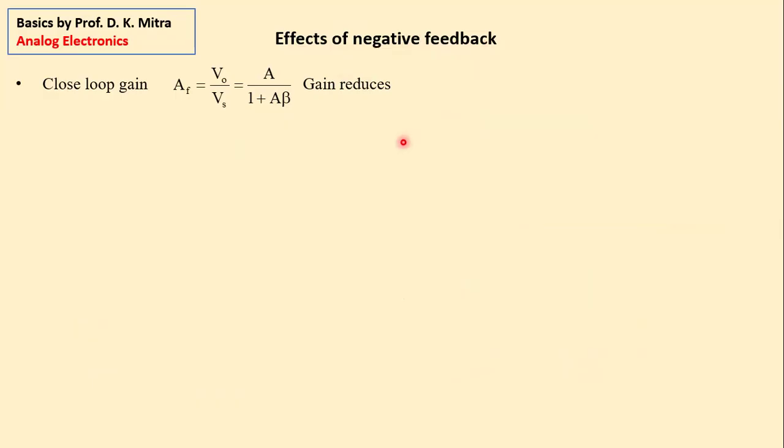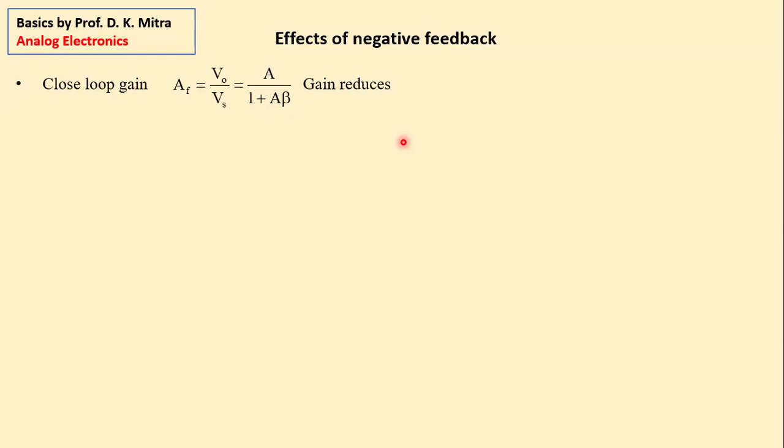Now, to find out the effects of negative feedback on four different topologies of feedback circuit, it's a lengthy discussion. It's a lengthy discussion because there are a number of effects, 5, 6 different effects, and it has to be multiplied by four different amplifiers. So it is a lengthy discussion, which I find is not in your syllabus also. But I have given here the important outcome of negative feedback that you need to remember even in your BTech